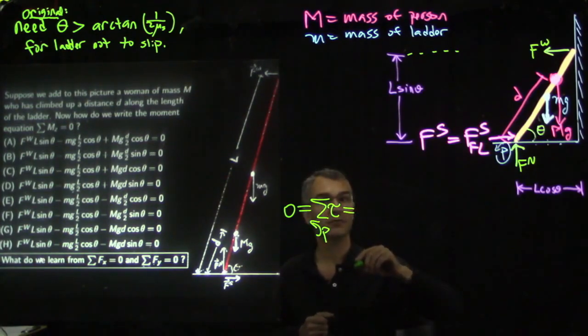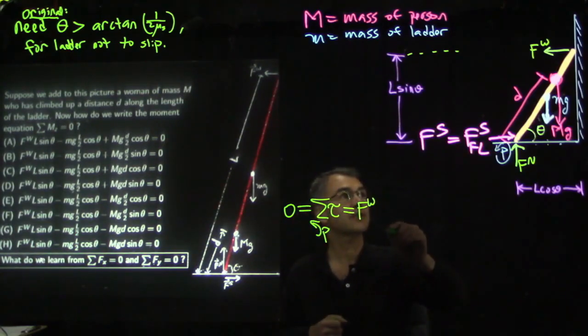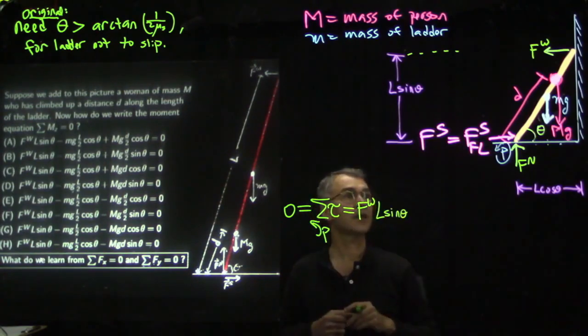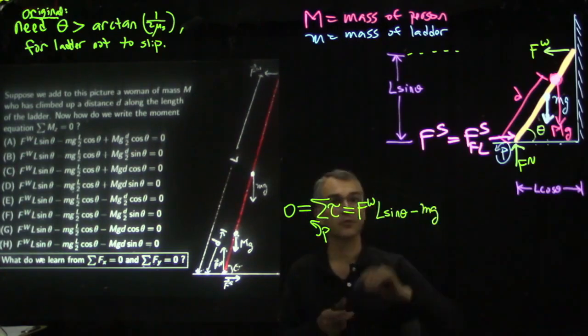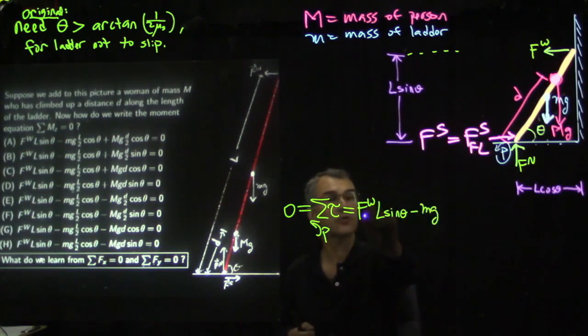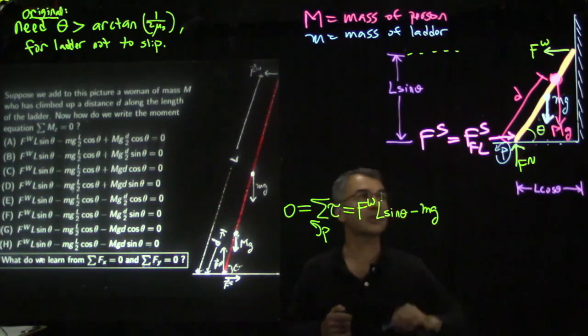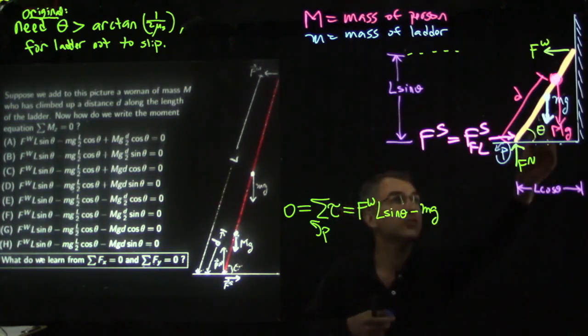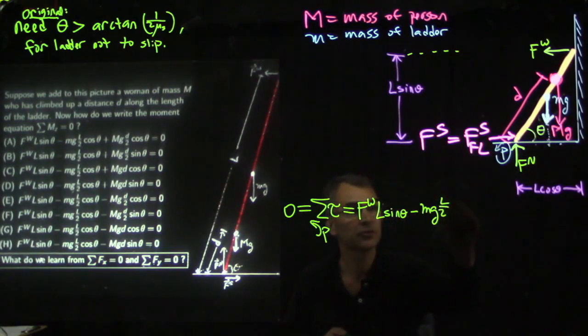We want counterclockwise minus clockwise. Counterclockwise we have F wall times the length of the ladder times sine theta. That's the only counterclockwise torque. Then clockwise, we have the weight of the ladder. So the force exerted by the wall on the ladder was horizontal, so we wanted the vertical distance from the pivot. The weight of the ladder is a vertical force. We want the horizontal distance from the pivot to the line of action of the weight of the ladder. So if we extend this down to here, we want, as we did a moment ago, L over 2 cosine